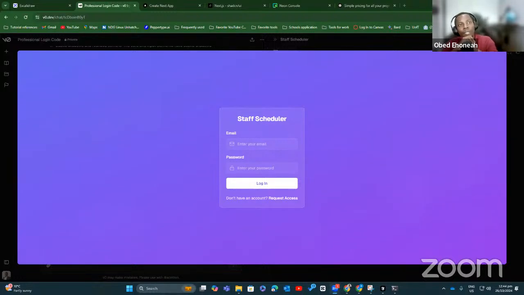I mean, if it is v0, it can do it, but mostly I like v0 because it's trained on React, so it should be able to do it. For as long as it's React, it should be able to do it. It's just that it focuses more on the front end stuff, so it doesn't bother itself with any of the back end related stuff.